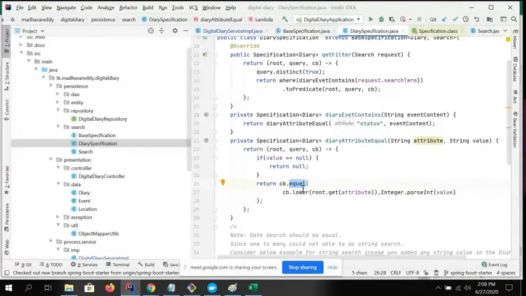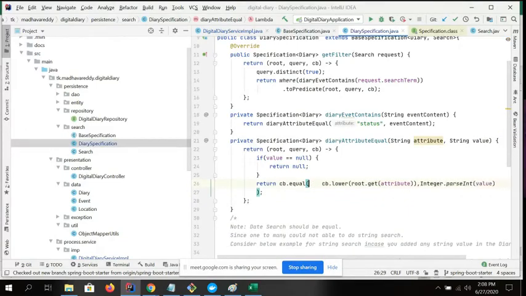Here, for whoever is very new to learning, it will be very tough to understand, so just focus on this one. cb dot equal, I'm performing an equal operation, and I'm passing only this value. I'm converting the passed values into lower case, and then which attribute I'm